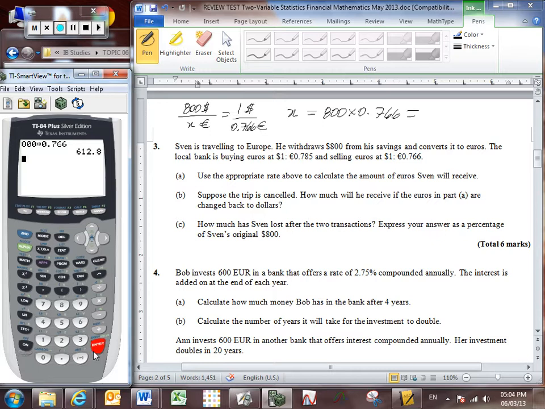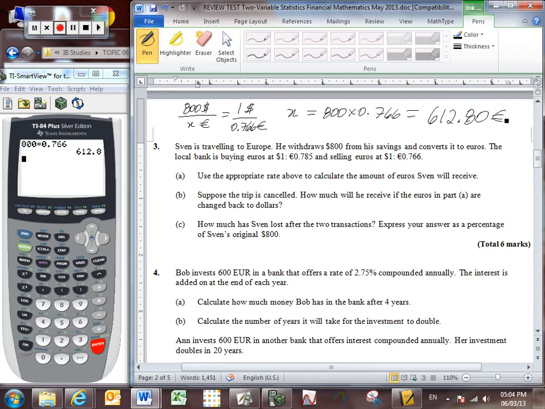So 612.80 euros. And so yeah, what I'm showing you is that you'll notice that $1 gives you less euros. And so we're expecting a smaller number of euros compared to the original $800. Alright, Part B. Suppose the trip is cancelled. How much will he receive if the euros in Part A are changed back to dollars? Alright, so 612.80